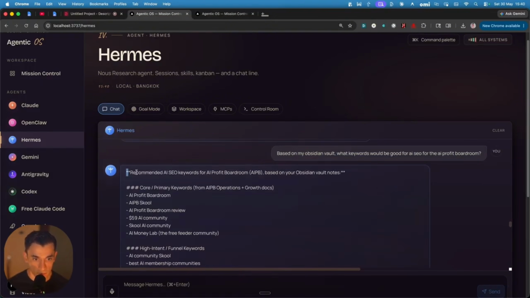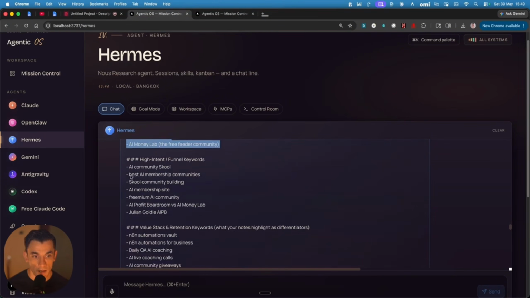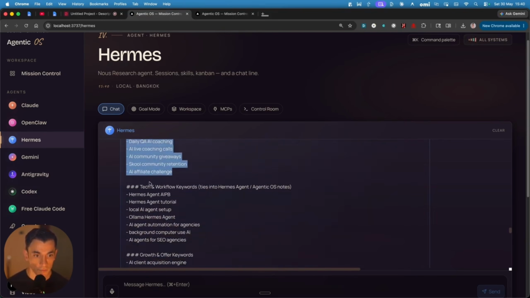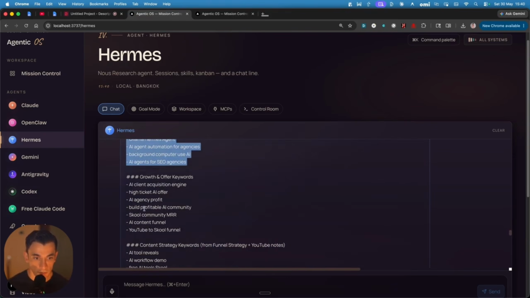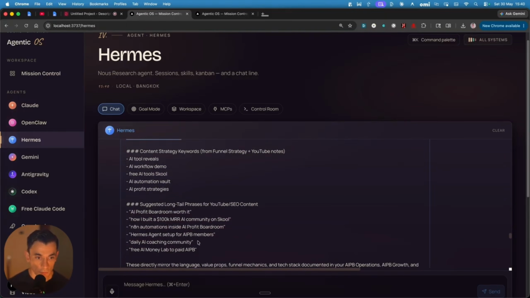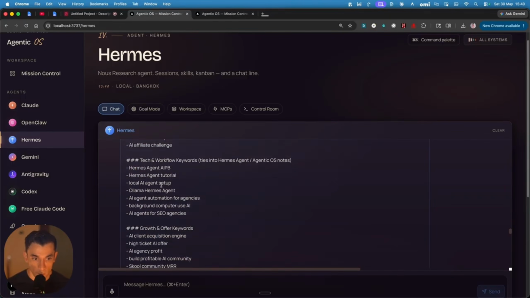And then you can see it says recommended AI SEO keywords. And then it gives me some core ones, some high intent keywords as well. We've got value stack related keywords, tech and workflow keywords, and also growth keywords, right? So many different keywords from many different angles. But the main point here is I don't even have to explain my context and what I'm trying to do or what my goal is. Hermes is already locked in, already knows exactly what it wants me to do and what I'm currently focused on